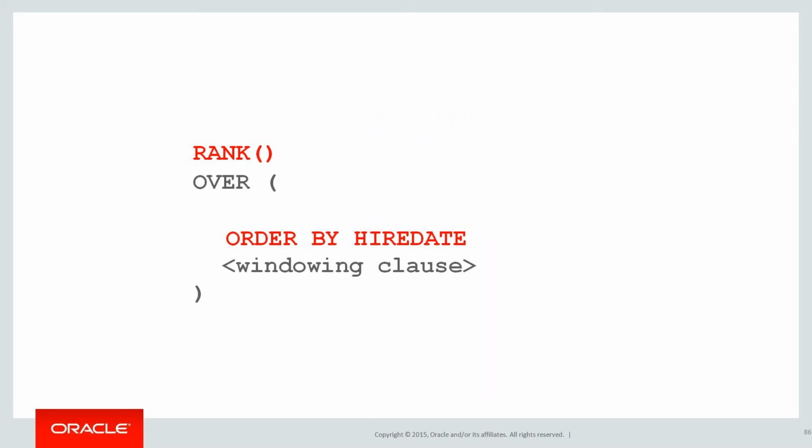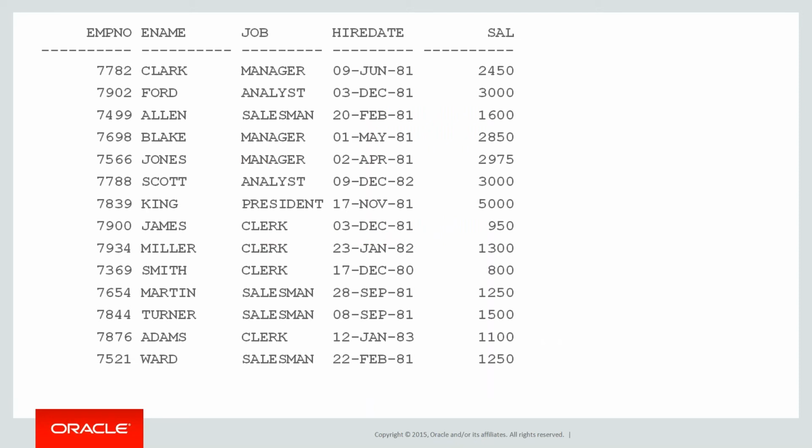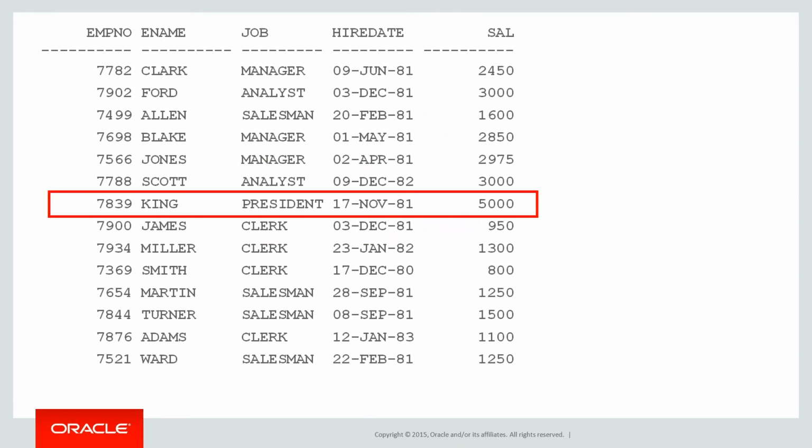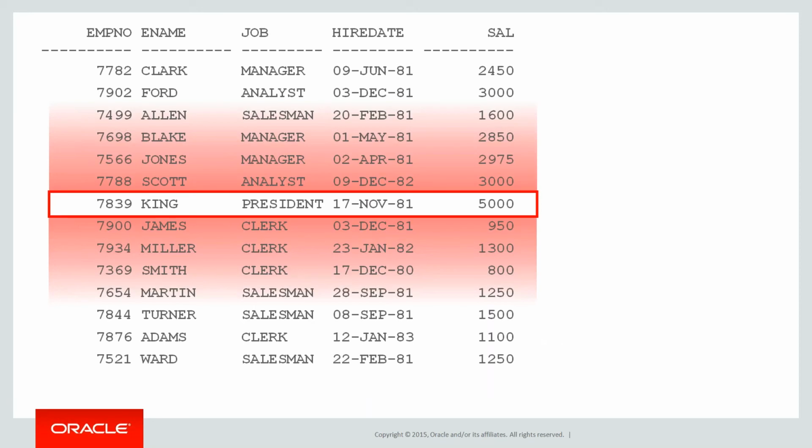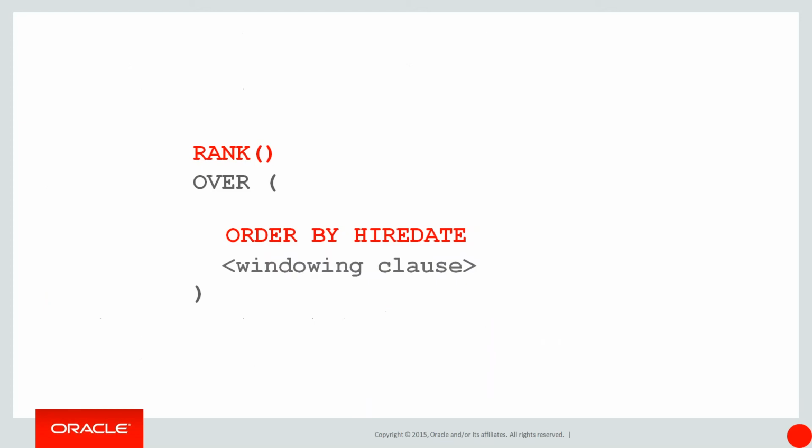We then have a thing called the windowing clause. The windowing clause is, if I'm looking at a particular row, and we'll talk about this later on, analytics says I'll be allowed to actually look across from that row a certain number of rows backwards or forwards. I can actually sort of jump back and forward across the rows. We're not doing any of that. We're just doing a simple ranking across the whole table, so we don't need a window clause either. And there's where we ended up with our syntax as we saw before: RANK OVER ORDER BY hire date. So by building up the components as we go and eliminating the stuff we don't need, it actually becomes pretty easy to build analytic syntax.